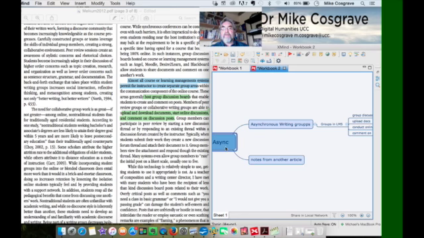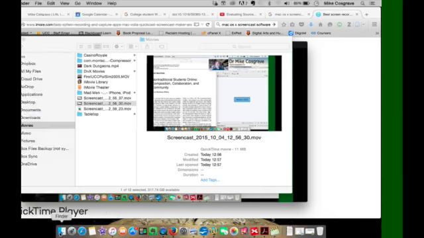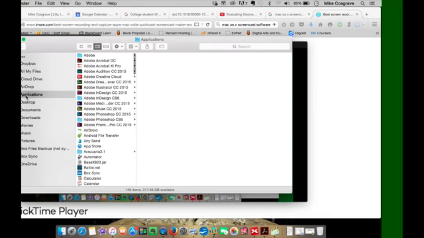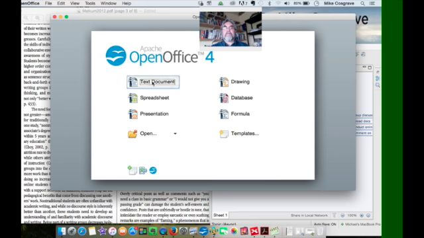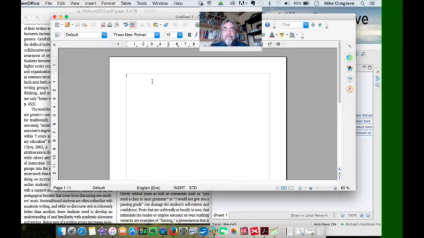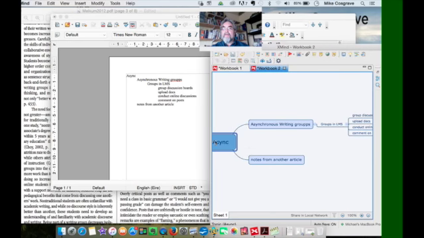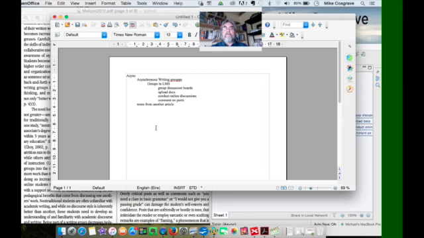I should probably show you this, of course, which is if I select this and copy it, and then go to, I don't know if this will work. Actually, let's just do this. This will be slow, but if I start a text document here and open it up, it wasn't that slow. If this works properly, there it is. There's my mind map. I selected the center node. That's how it works in Xmind. It works differently in other things. You may have to select all. I dropped it into my word processor and pasted it, and I have an indented outline,